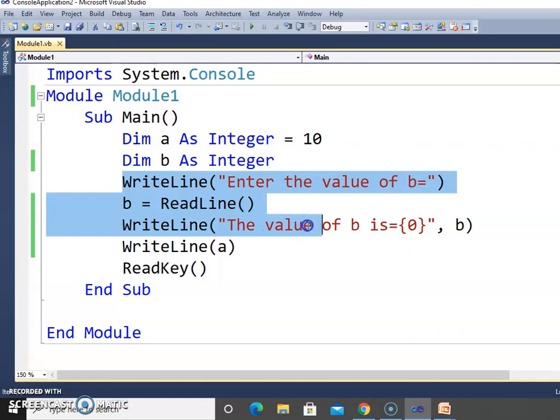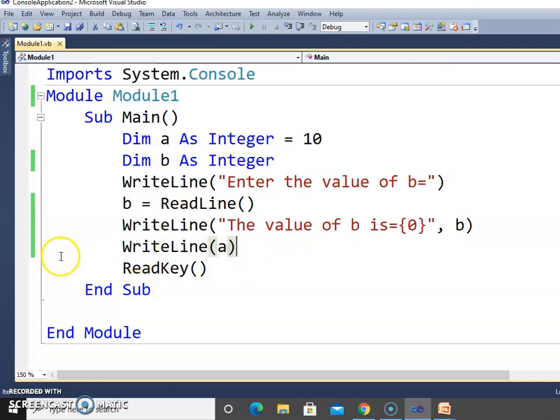Then "The value of b is equal to", this is our message, and then curly bracket 0 and curly bracket close. It is used to display the output of b, meaning it is used to display the value of b, then comma, b variable.